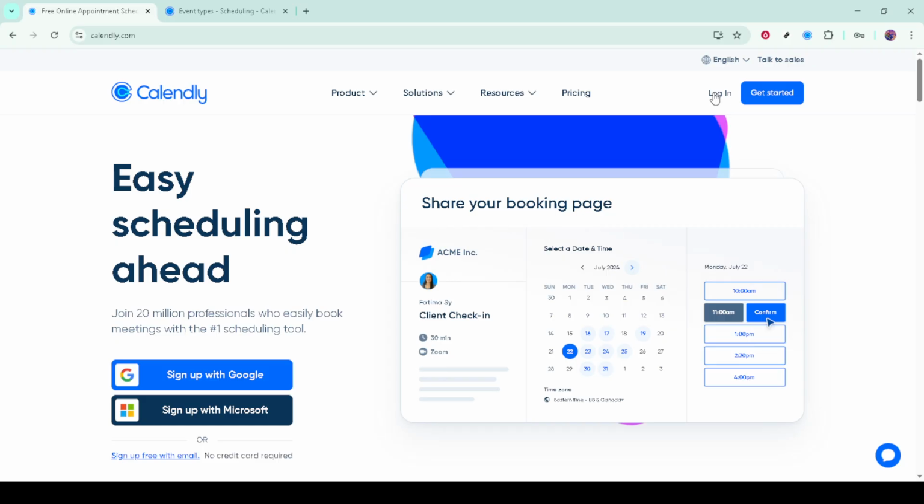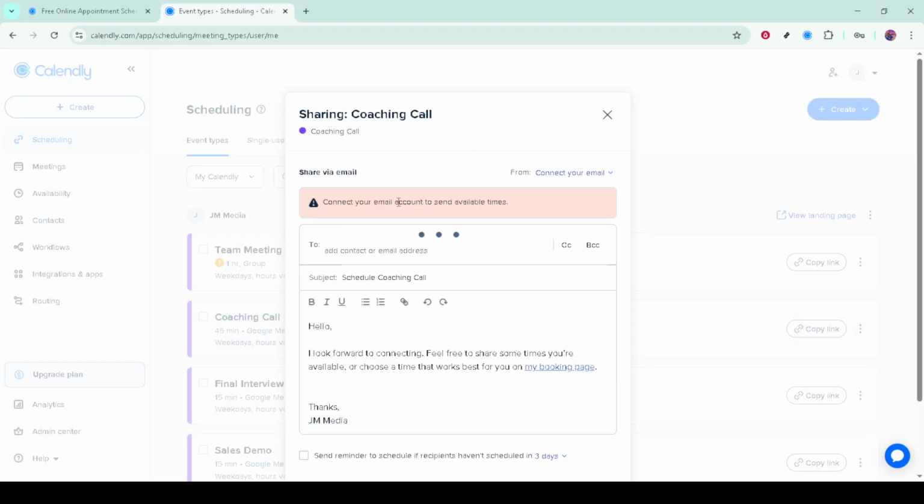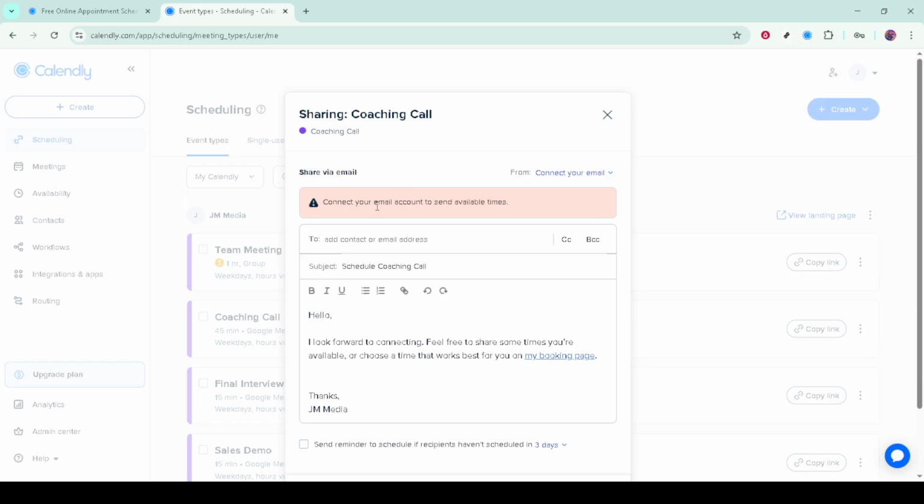Hover over the event type you want to share. This could be a 15-minute intro call or any custom event you've set up, and select Share Availability. This opens Calendly's email composer with your unique booking link already inserted into the message. That link leads invitees straight to the booking page for the event you chose, using your current availability and time